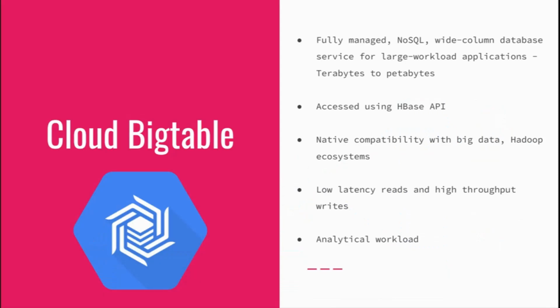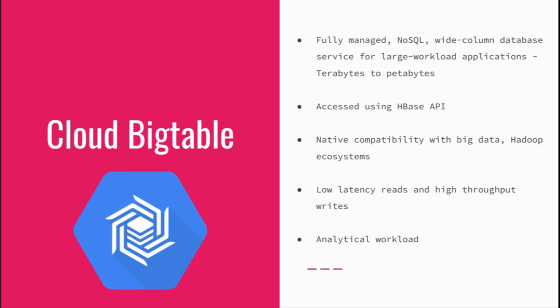The next one we are going to talk about is Bigtable. Now, Cloud Storage basically stores structured and unstructured data, but there's no schema defined. It's more of a batch processing system. Now, Cloud Bigtable is again a fully managed, high performance, NoSQL database service, and it's designed for terabyte to petabyte scale workloads. The best thing about this is the service provides almost consistent data. It's almost consistent when I say, but you cannot have the relationships that you have in your typical RDBMS or other systems, right? But it's consistent within that entity.